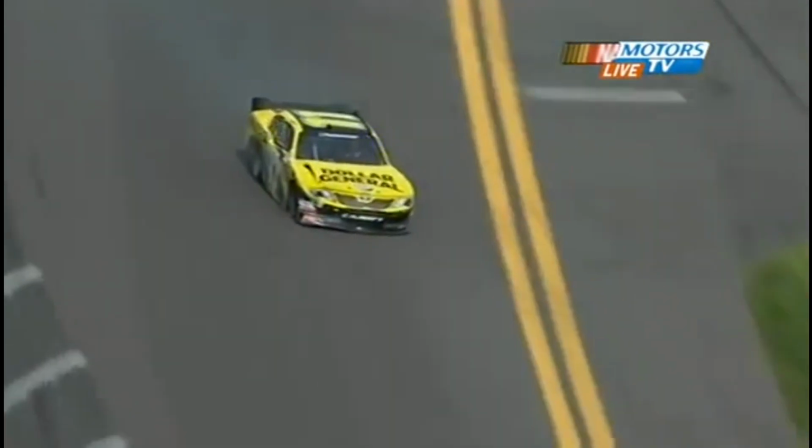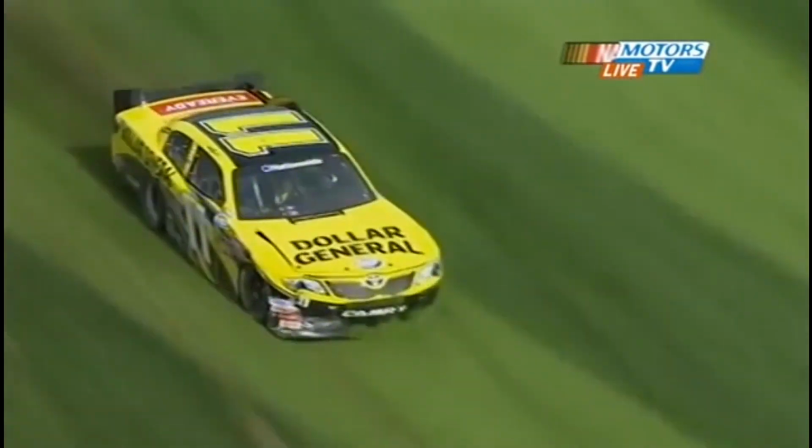Michael Annett in the 43, James Buescher in the 30, the black car to that side. Yeah, I think Brian Scott pulled down thinking that Michael Annett would help push him by that car. They had a nice little run going there, but Annett hooked him right at the front of